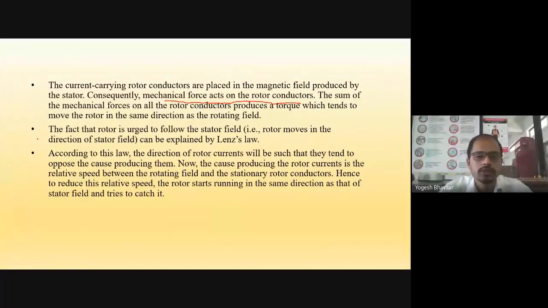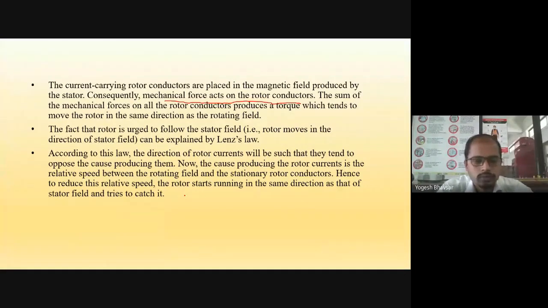So we have also seen that in the DC motor. Lenz's law says that the cause producing the induced EMF, it will oppose the same cause, and that's why there will be opposition in the resultant cause. That is what, here, how we can apply Lenz's law to the rotation of